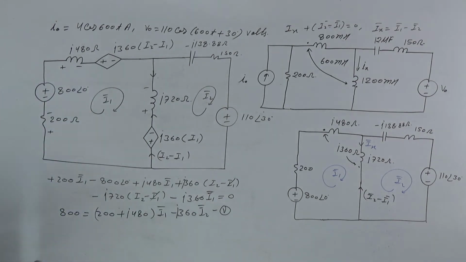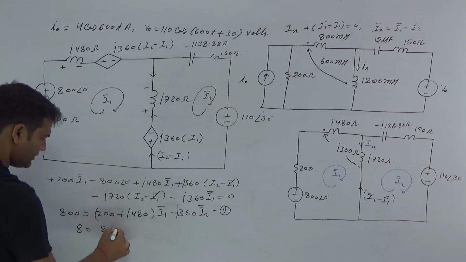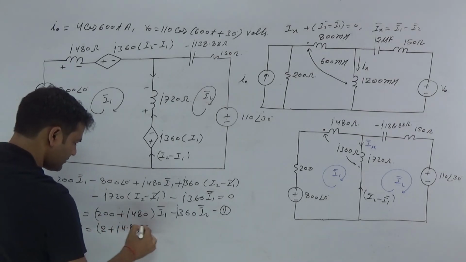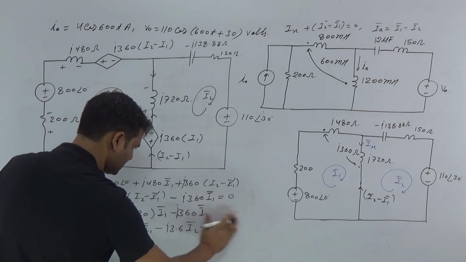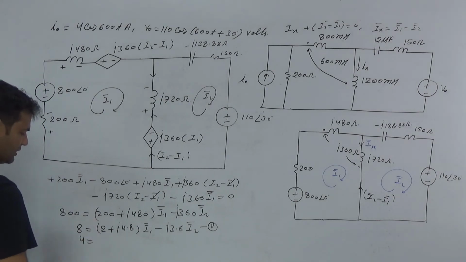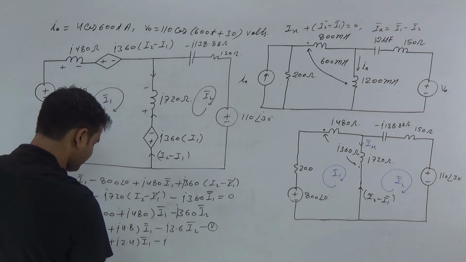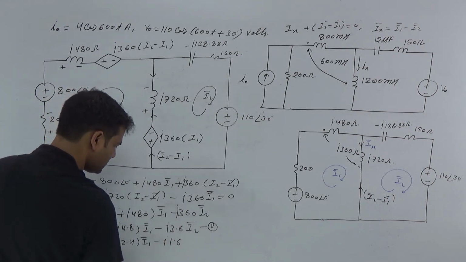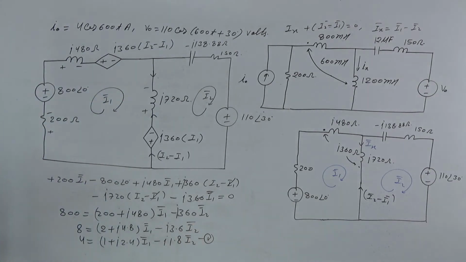So clear. Now next one, our next target, apply KVL in this loop. Okay, you better understand 8, this will equal to, if divided by 200, then that is 4.8 I1 minus J3.6 I2. That is equation number 1. Better to write like this one. Okay, if divided by 100, then represent like this one. Otherwise, if divided again by 2, then that is 1 plus J2.4 into I1 minus J2.8 into I2. That is equation number 1. Very simplified representation.